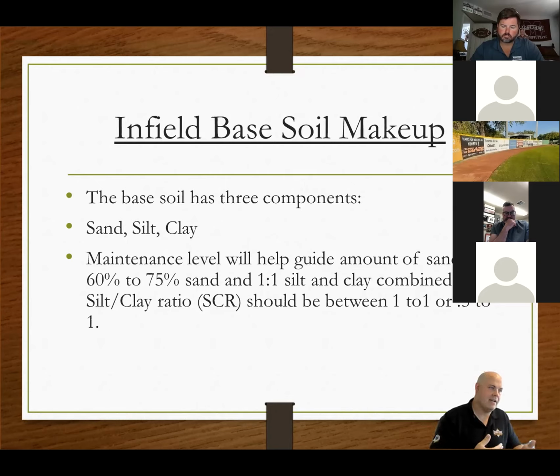By helping meet a certain maintenance level, which we'll talk about in a minute, this will help the material withstand the amount of play that you have, which is going to generate ROI and help make life a little bit easier and safer for the players.